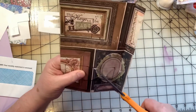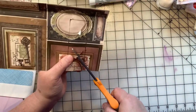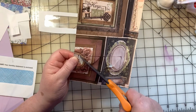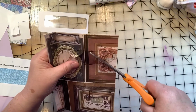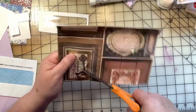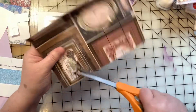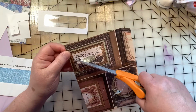This is cardstock. Paper is a little bit easier. It's a little easier to do this on regular paper than it is cardstock. But we do the big X in the middle, and then it'll be much easier. Just cut them out. I should have paid closer attention. I could have made my lines actually